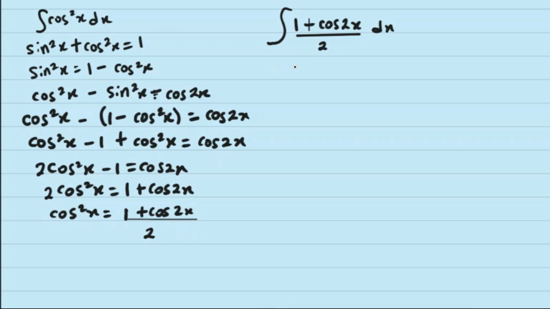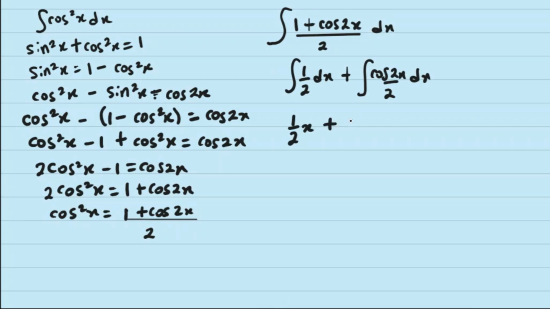Same approach, let's split it as the integral of 1 over 2 dx plus the integral of cos 2x over 2 dx. If you integrate these, this will give you 1 over 2 x plus